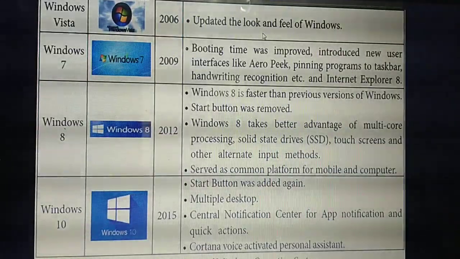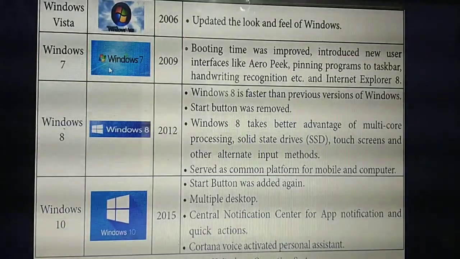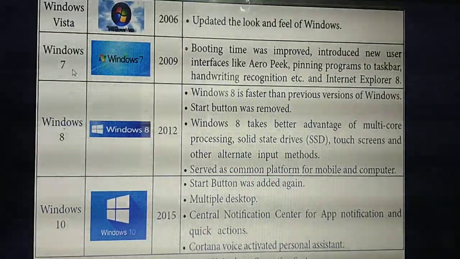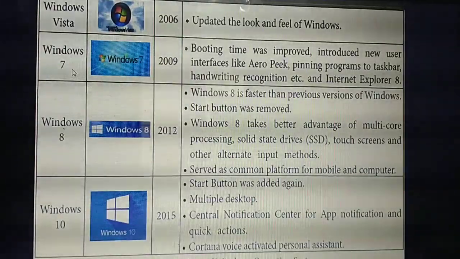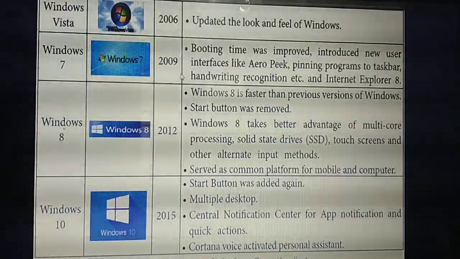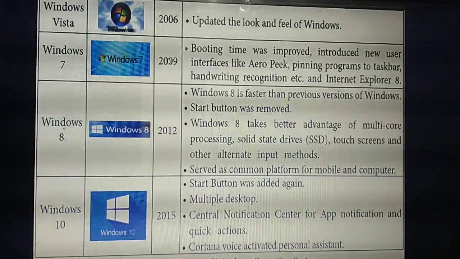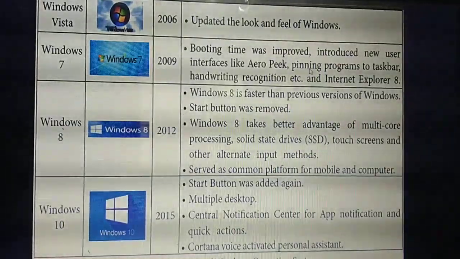Then Windows 7. Most of us are using which one? Windows 7. This is one of the very important and most supportive versions for all applications. Which year did they introduce it? 2009. Here the booting time was improved.